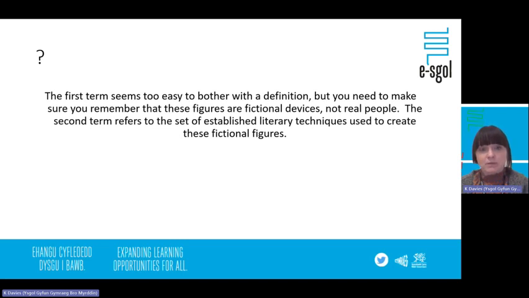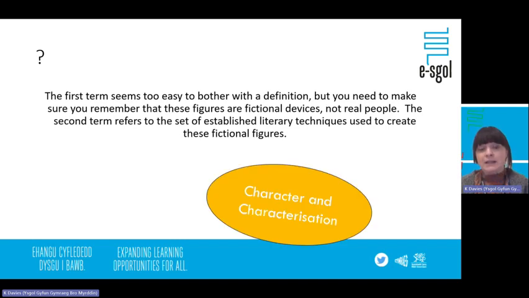So the second term would be the techniques that are used to create these fictional figures. So what we're looking at here is the idea of character and characterization. So the fictional person, and then how those fictional figures are put together,